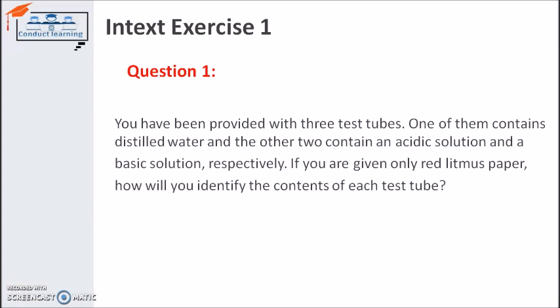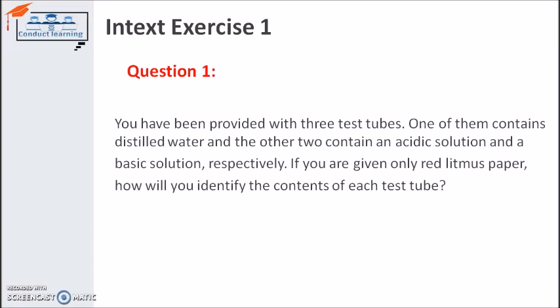the solution is water, because we mixed base in the water, so the solution became basic and it changed the color of the red litmus paper to blue. On the other side, if base is mixed with acid and a drop of that solution is put on red litmus paper, you can see the color of the red litmus paper will not change, because the base neutralizes the acid. That's why it does not change the color of red litmus paper.